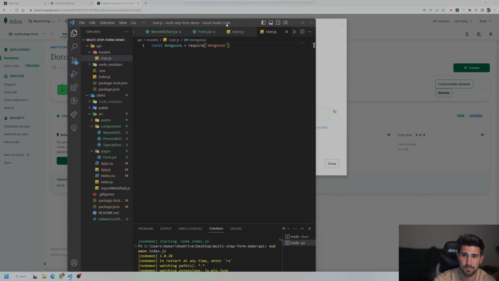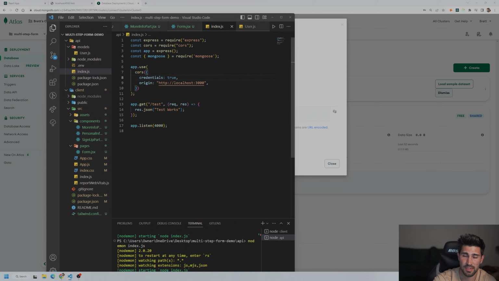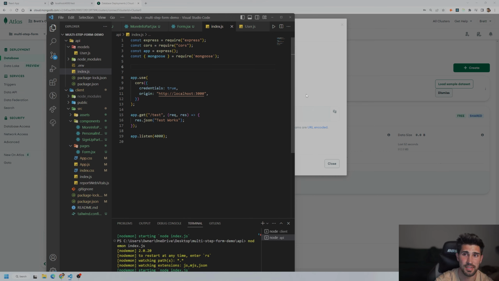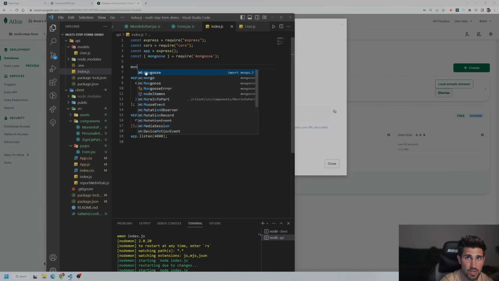We could get out of the env folder. And then on the index, which is our parent folder pretty much per se, inside of our backend, we are going to connect Mongo to our application now. And it's very simple to do. All you have to do is just type in here. We already have it imported in. We just have to do mongoose dot